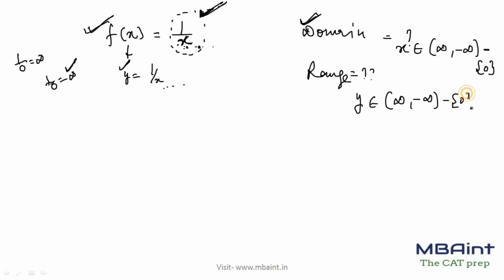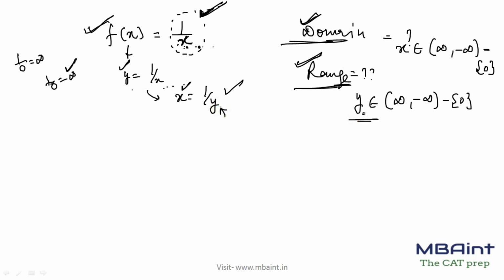Now one more thing, remember that whenever you want to calculate the domain, or whenever you want to calculate the range, try to make it in terms of x. So this is something like this, right? This is how you find the range, right? For what values of x this satisfies, or what value of y this x satisfies. Now I'm asking you just the opposite. Here I was asking you the domain, now I'm asking you the range. For what value of this range satisfies, right? This is how you calculate. So whenever you have an equation, you convert that in terms of y and try to find out the range.